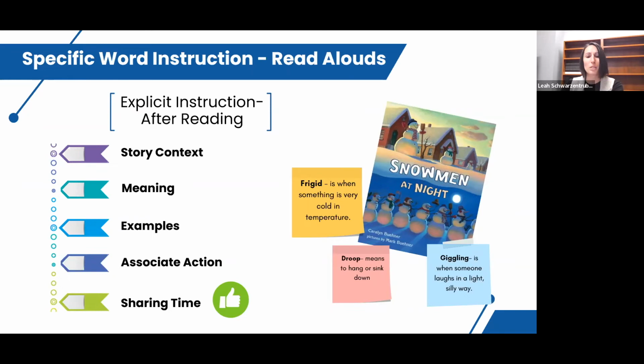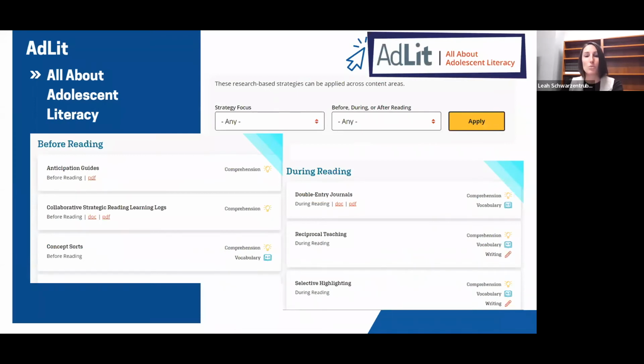This time could also include a thumbs up, thumbs down activity where students decide if a stated item or scenario could be described as frigid. For example, a day in January, thumbs up. An ice cream cone, thumbs up. A suitcase, thumbs down. We've shown you these routines using a book that may be suited for younger learners, but